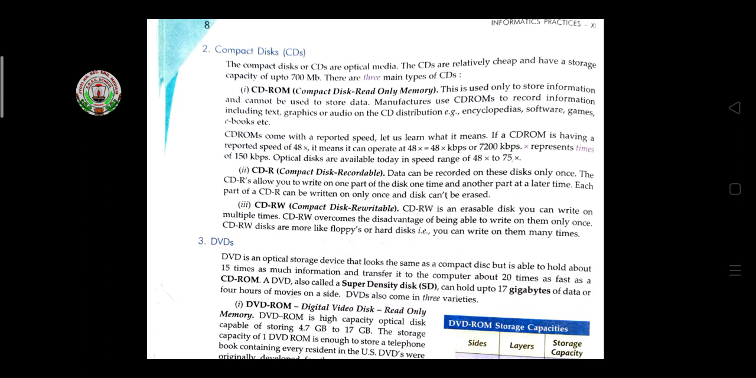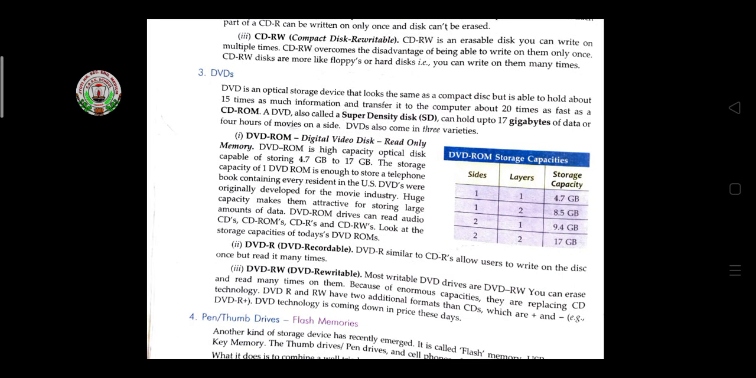You can write on them many times. So CD-RW means if you want to write the data, and again if you want to erase and then write the data again, then this CD will help you. Now, DVDs. A DVD is an optical storage device that looks the same as a compact disc but is able to